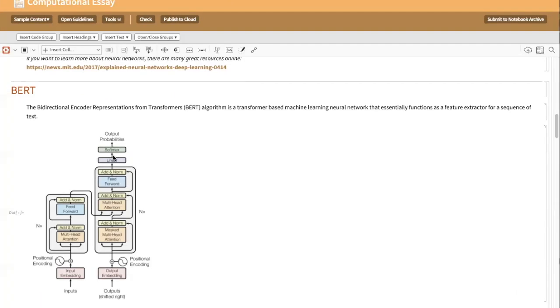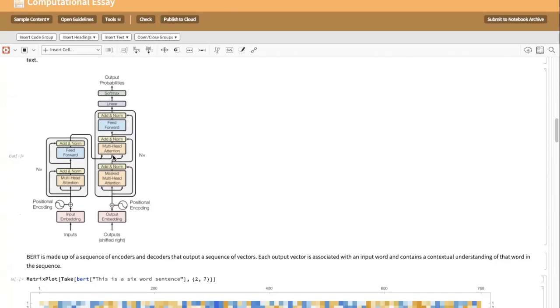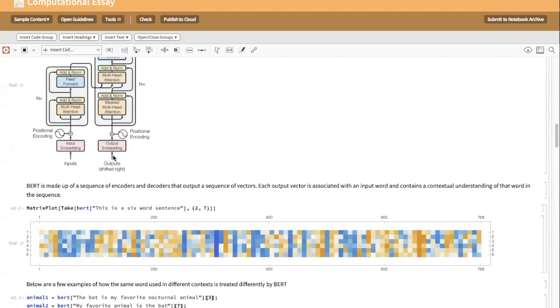So going into BERT, the way BERT works is that it's a special type of neural network that's designed specifically for translating a sequence. And in this case, we decided to translate a sequence of text. When I say translate, I mean it takes in a string of text, the string of words that we want to use, and it outputs a series of vectors. And vectors are just, again, these lists of numbers, and each vector is supposed to have the meaning of a word in a sentence.